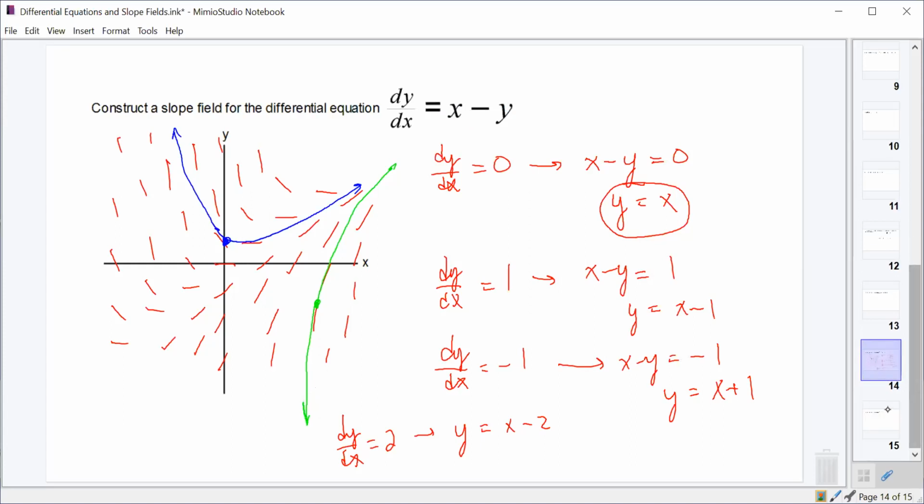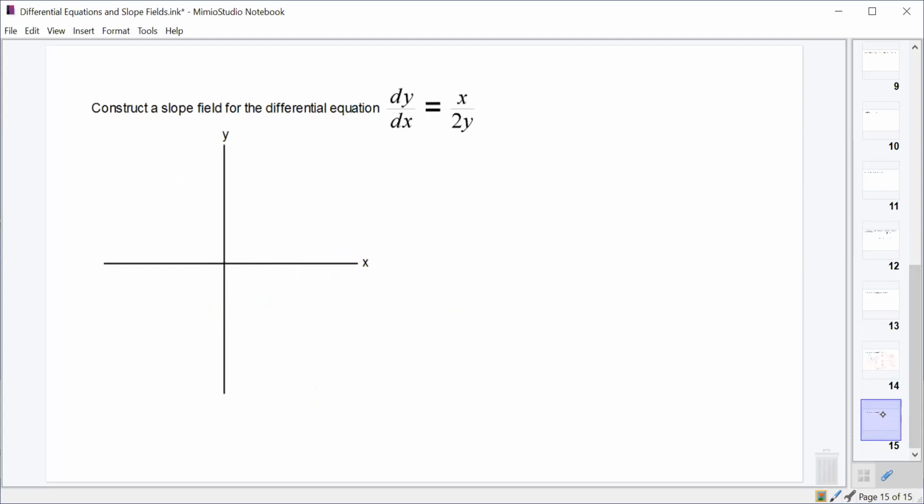So on the AP test, it's more common for you to see something where it's either a product or a quotient of x and y for your differential equation. So dy dx equals x over 2y would be a good example of that. So we're going to take a look at this one now. And generally on the AP test, what they do is they'll give you a bunch of points. I'm just going to put in a few here, and this is more than they'll normally give you on the AP test, but they'll say,